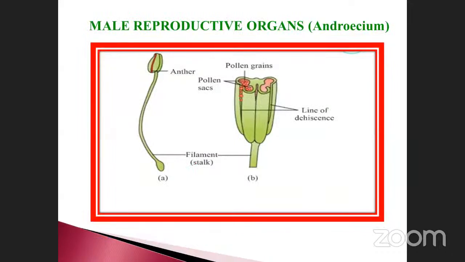See the diagram. This is called dithecous. This is the anther, already in our report, otherwise called the male reproductive organ, androecium. Okay, the uppermost part is called the anther. Here there is the filament. Collectively called the stamen. The anther as well as the filament are attached by the small connective tissue in this area. Okay, in this area. This is called vascular tissue.